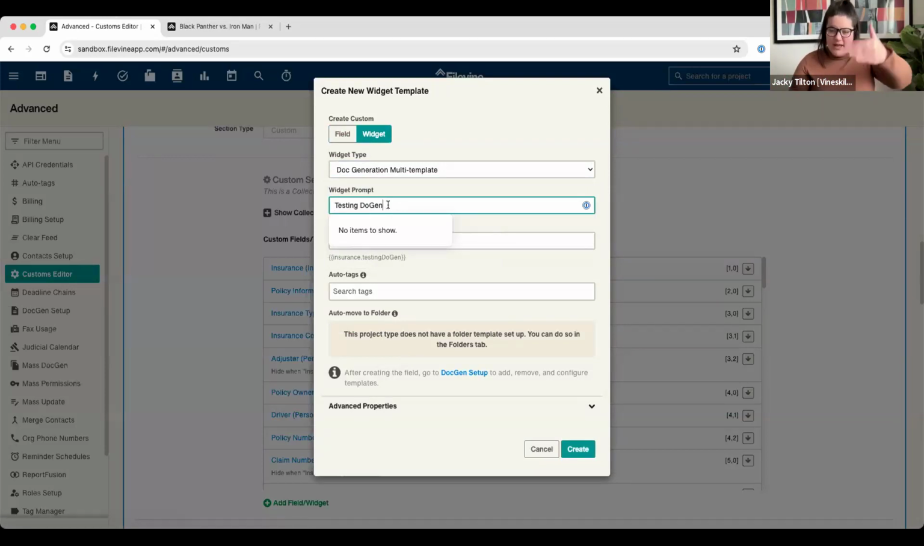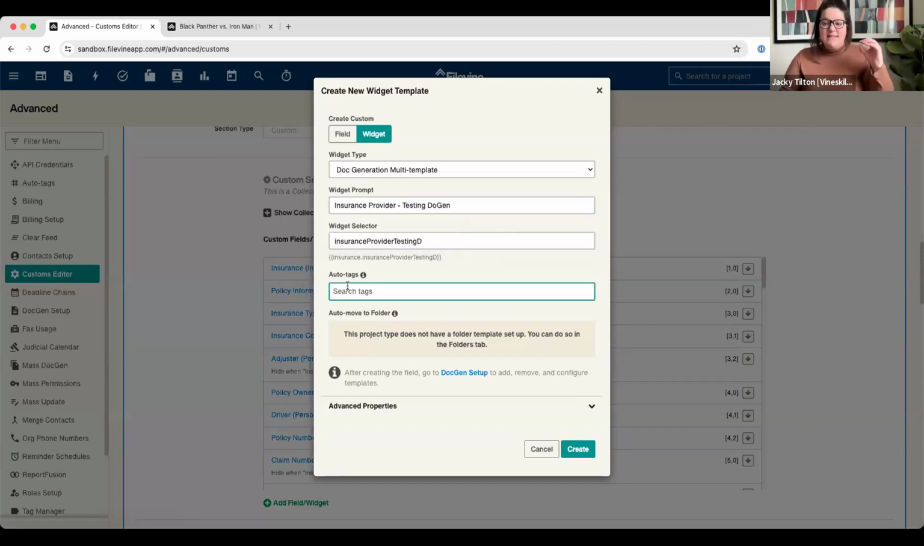This is going to be the front end name of this particular DocGen widget. Whatever you want it named, I'm just going to call it testing DocGen, but I can also add in provider, something like that along those lines. I can make it auto tag. What that means is the document, as soon as it's generated, will auto stamp that document as something. So I can auto tag it as insurance communication or some sort of insurance type of tag to better sort